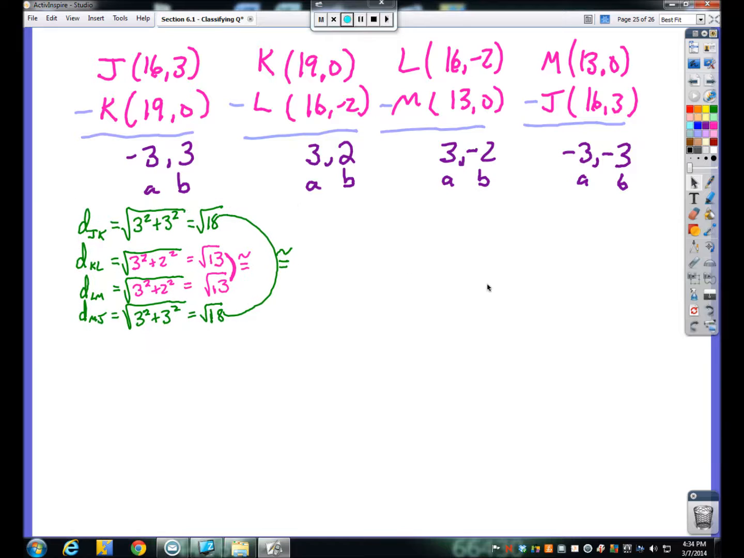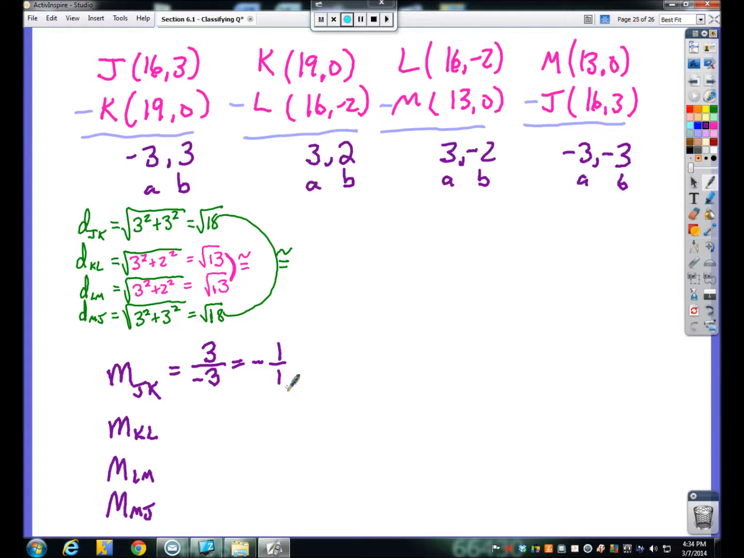Let me shrink that up, kind of move it out of the way. So now the slopes. The slope of JK, the slope of KL, the slope of LM, the slope of MJ or JM, it doesn't really matter. So again, for the slopes we said we're just going to take the B number up here, which is technically the y minus y, over the x minus x, which is our A, which is negative 3. Okay, I'm going to go ahead and simplify that, and that's really negative 1 over 1, or just negative 1